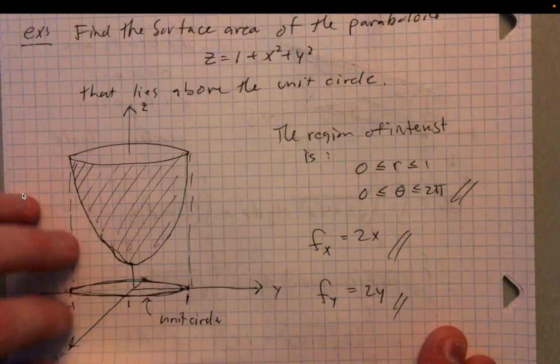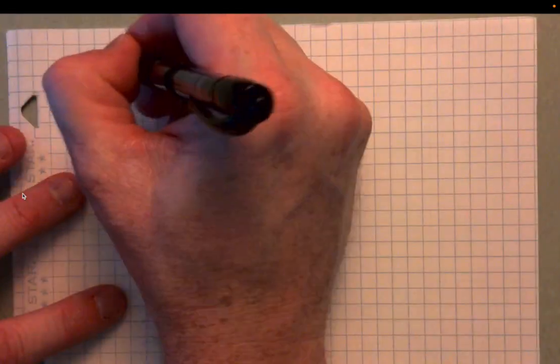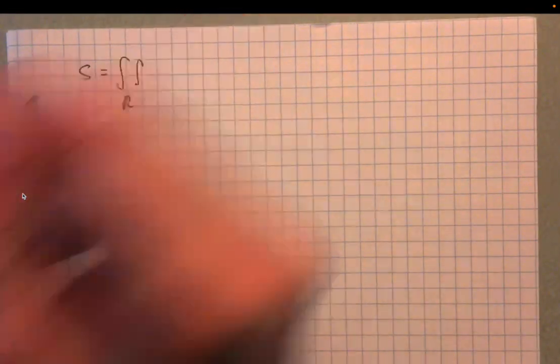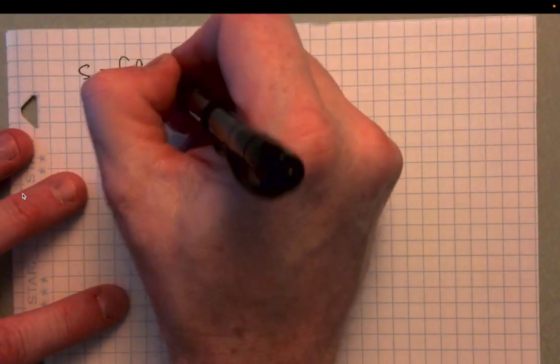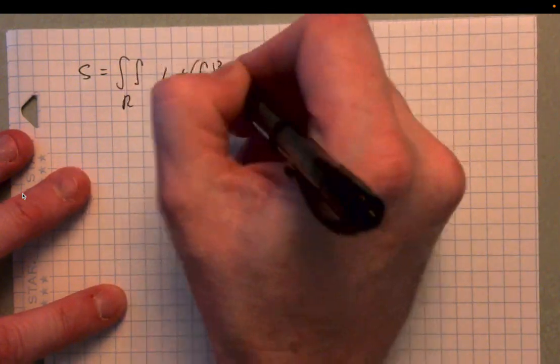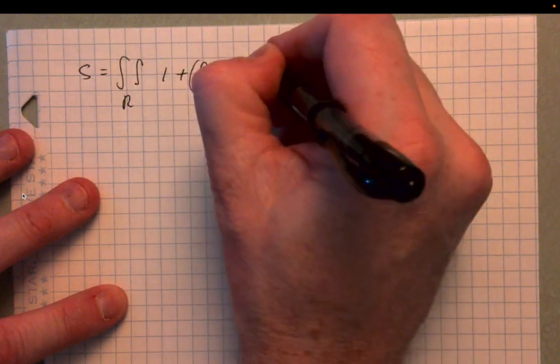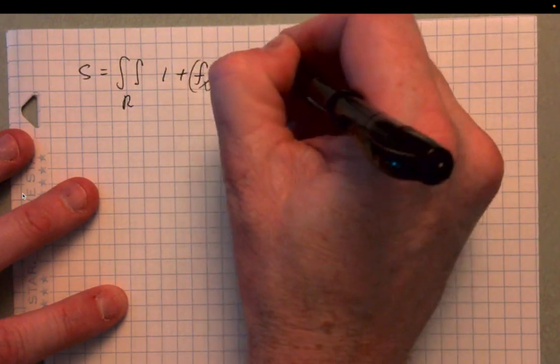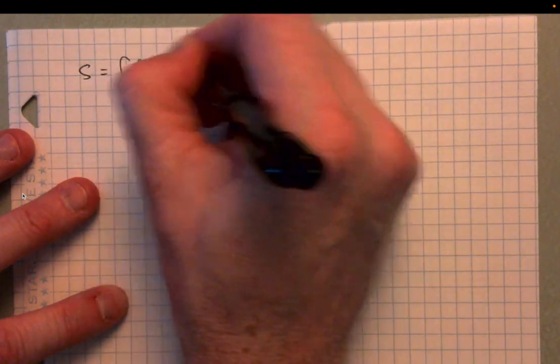So let's plug all of this into the formula for the surface area and see what happens. So the surface area is going to be equal to this double integral over R. And then again, just to drive this home, it's partial with respect to x squared plus partial with respect to y squared plus 1